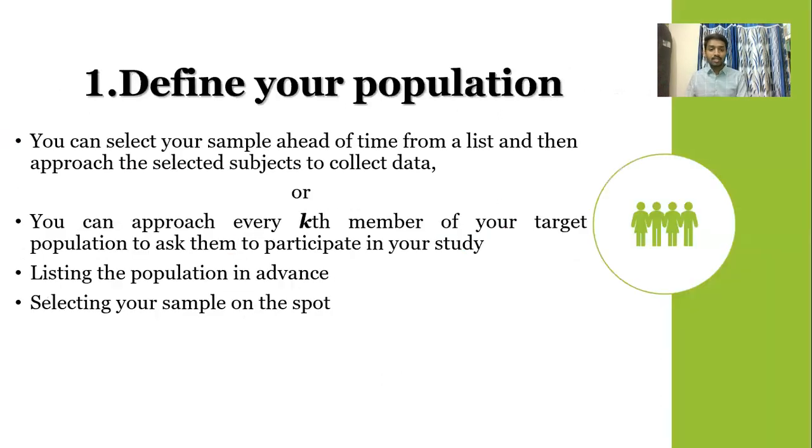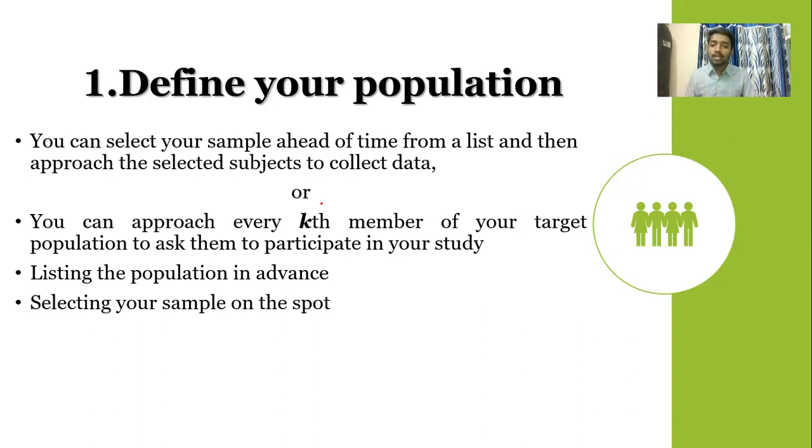So next, there are steps while conducting systematic sampling. Okay, so what is the first step? As we saw in the last two methods, even in this method the first step is the same. Whenever you are conducting research, the basic step is to know and define your population. Even here, it is the same step. You are going to define your population.